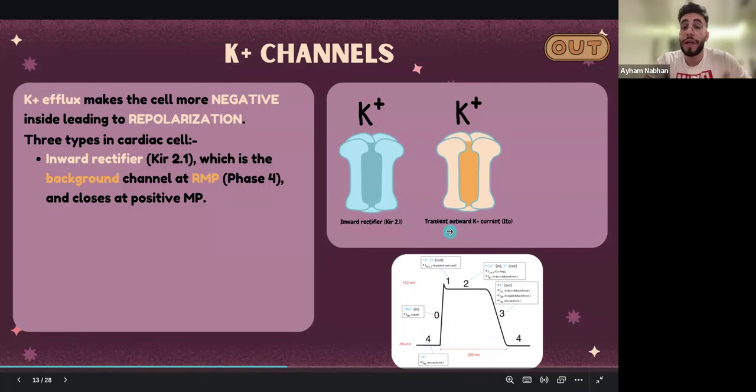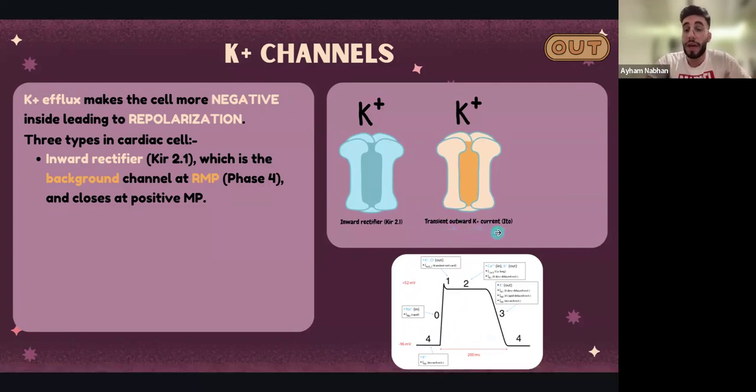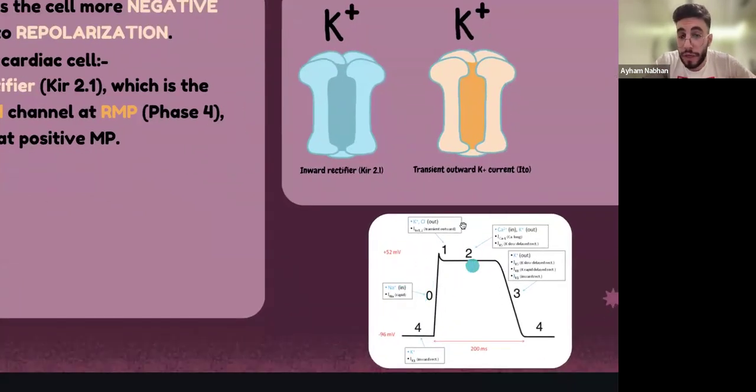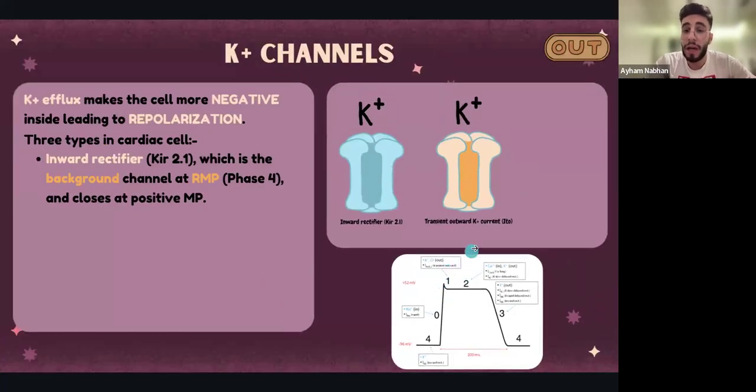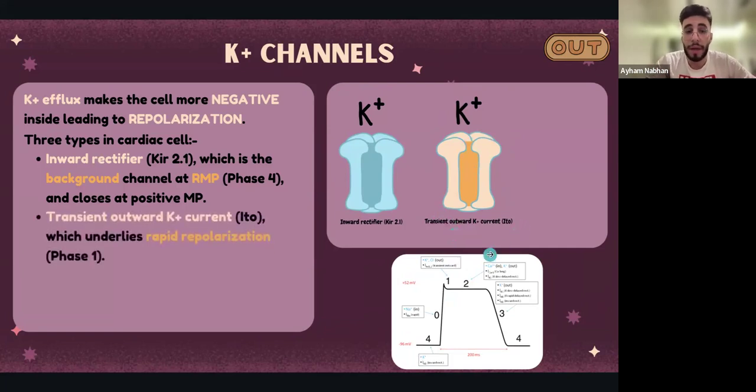Let's now go to the transient outward potassium current, or the Ito. Transient, from the name, means a slight amount of potassium is going to go outside. So, as the diagram shows here, the transient outward current is going to open in phase 1 of the ventricular action potential. That will lead to the efflux of potassium outside the cell. That's it. The last type, which is the delayed rectifier potassium current, as the name says, it is delayed,